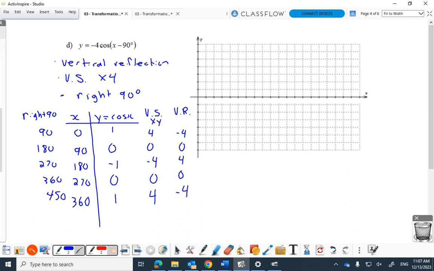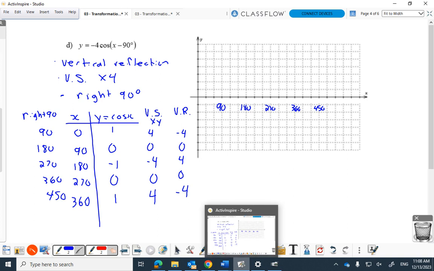Since the period hasn't been changed, 90s is a great scale. If nothing's happened to the period, usually 90s works really well. So that's what I'm going to do here: 90, 180, 270, 360, 450. And I'll go right with my final color here, because in this particular case,